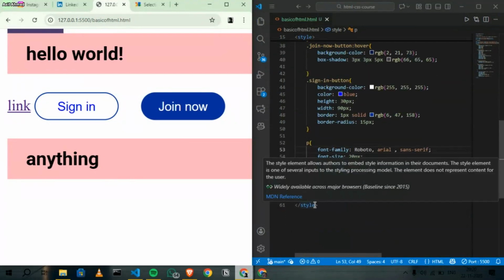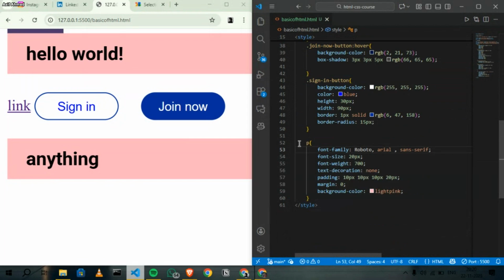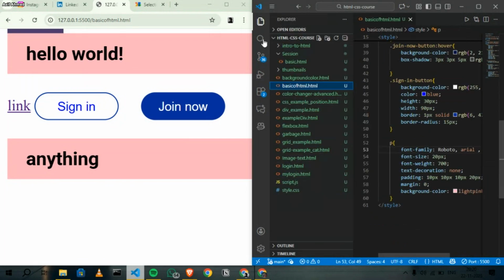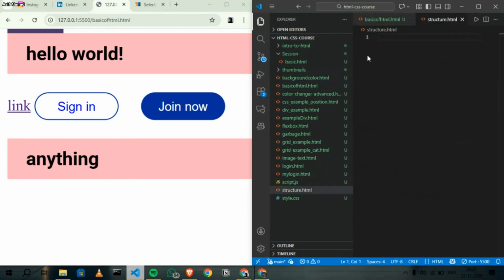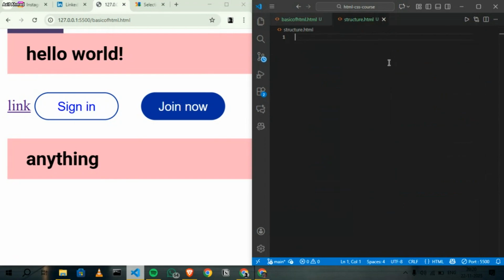So now I'm gonna go for the HTML structure, how we actually use the HTML structure. For the HTML structure, I'm gonna create a new file. I'm gonna give this structure.html, and I'm gonna show you guys the